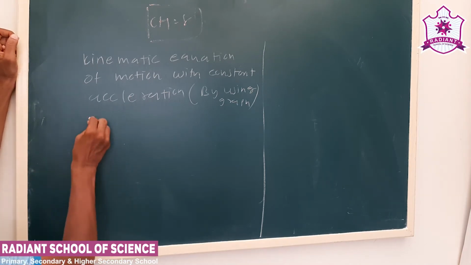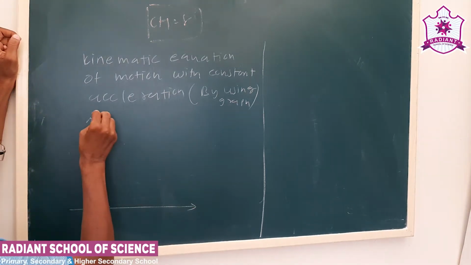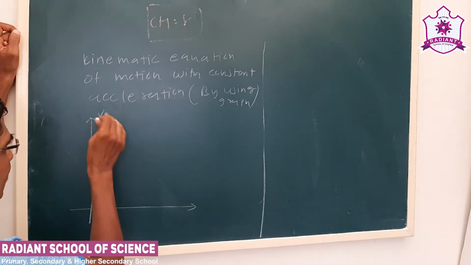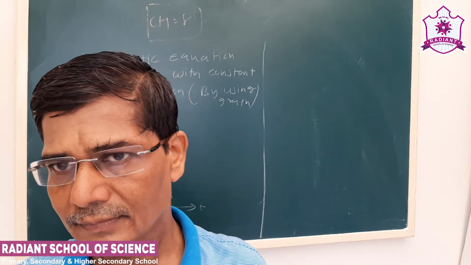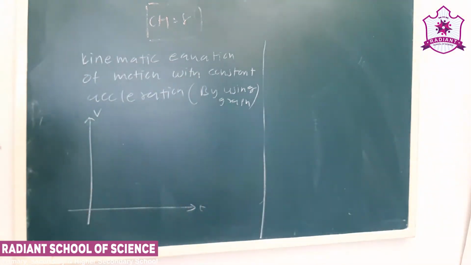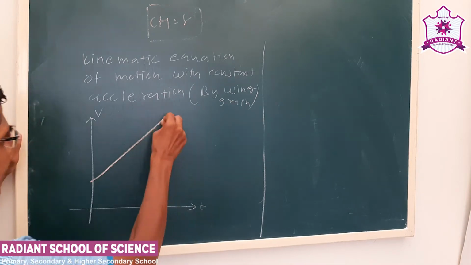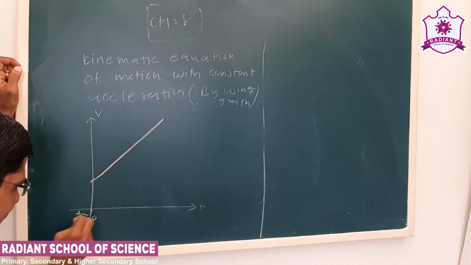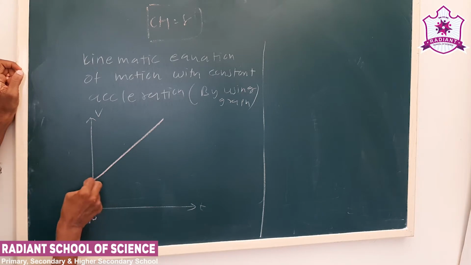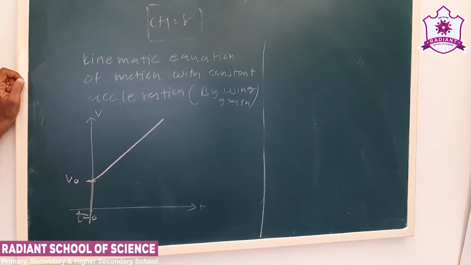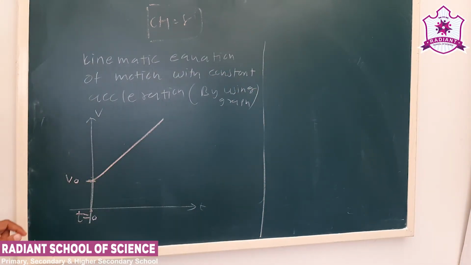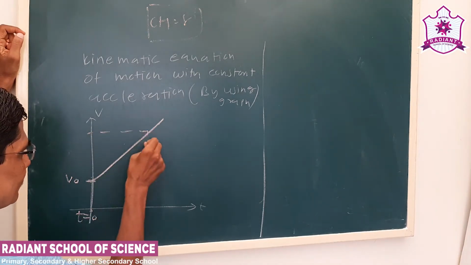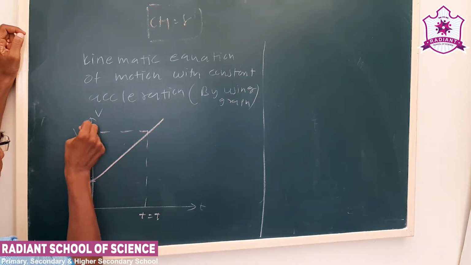Now see, we have seen last time, the v versus t graph is a straight line. The object moves with a constant acceleration. Here, the moment we start observing the motion, we consider time t is equal to 0. Let us say the graph is like this. At the moment we start observing motion, at that time the velocity is v. When the v versus t graph is a straight line, the object moves with constant acceleration. Now let us say at later time t is equal to t, this is the final velocity.